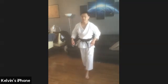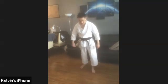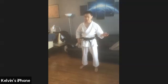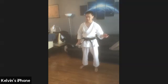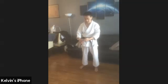Okay, let's relax. So let's go over the hand motion at least. My emphasis today is really on the hip and the transition, the turn. It's kind of obvious how this ties into the rest of what we're doing. But at least let's go over the hand positions and the hand motions of the Sanseru move first. So from here,